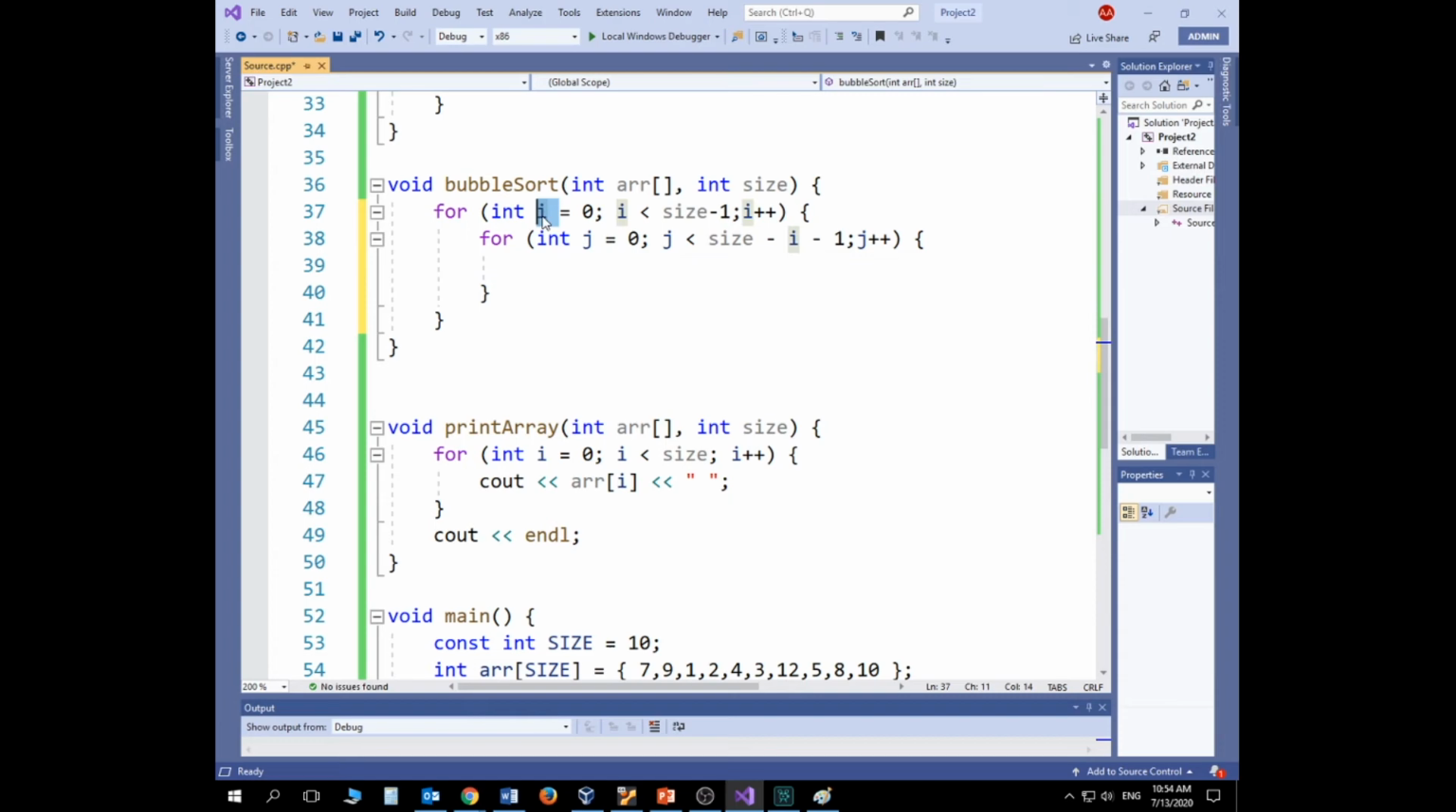So i equals 0, i is less than size minus 1, i plus plus, and then j equals 0, and j is always size minus i minus 1, j plus plus. What I'm doing here, very simple, just to understand: with every single iteration of the outside loop, the size here is going to be reduced. That the inner iteration will be